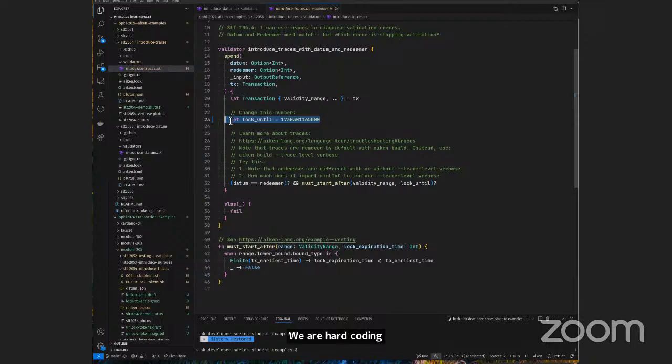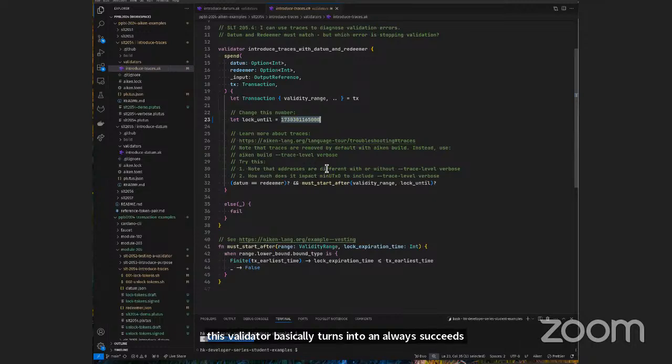And that's cute for testing purposes and to learn about this for the first time. But the truth is, this is really not useful, right? The moment this deadline passes, this validator basically turns into an always succeeds validator